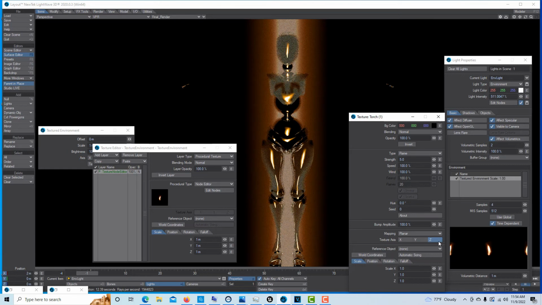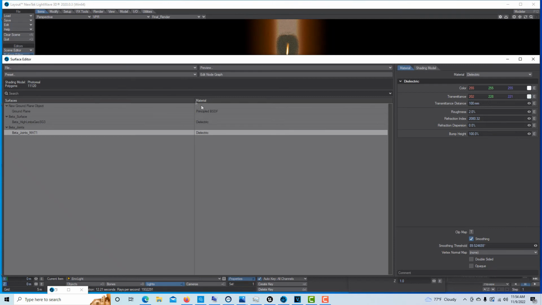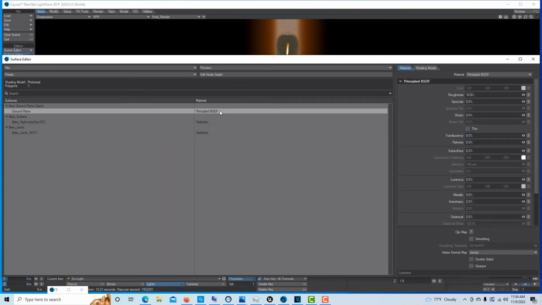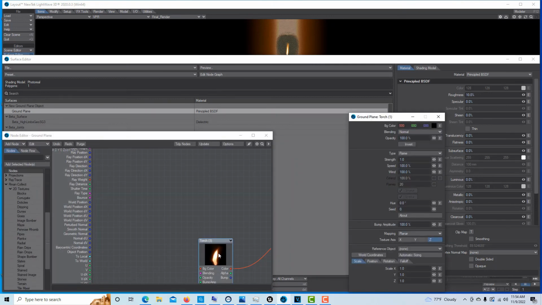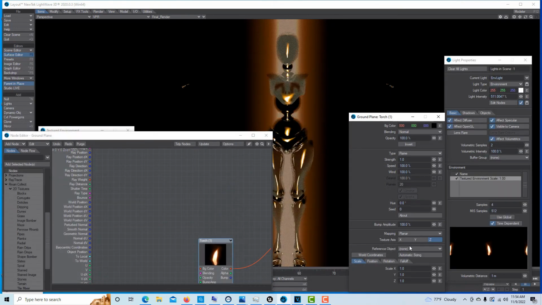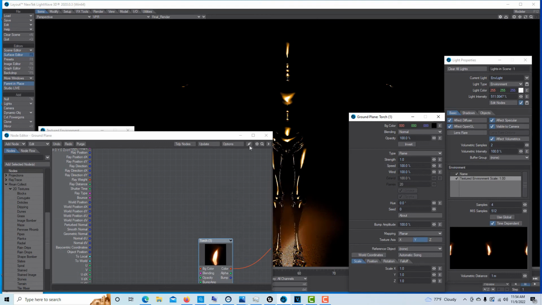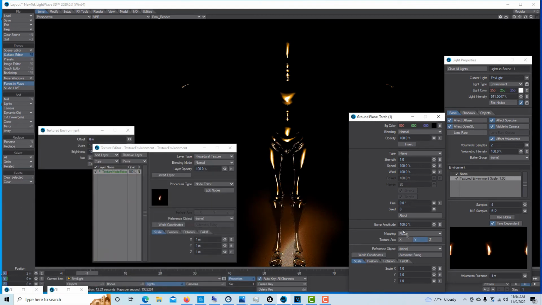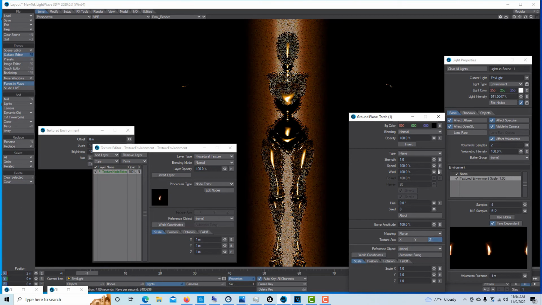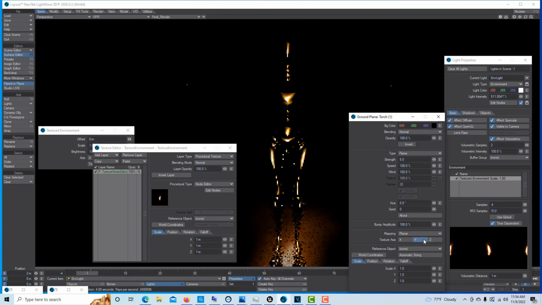Anyway. Oh, let me think. I'm on the lighting right now. See, it's easy to get turned around in here. I actually need to be on this, I think. Hold on. I think I was on the wrong thing. Hold on. Node. Yeah, it should change it completely. So I was wondering why it wasn't getting... So this is actually the background image that I'm on right now that's projecting. So if I switch it, you'll see